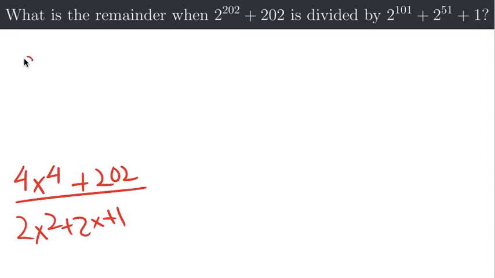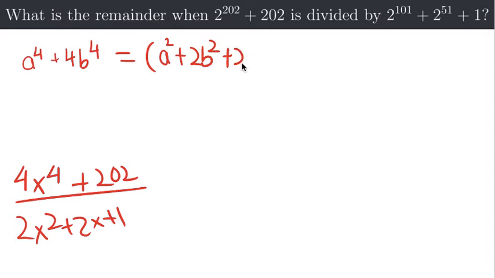It says a to the power of 4 plus 4b to the power of 4 is equal to a squared plus 2b squared plus 2ab, multiplied by a squared plus 2b squared